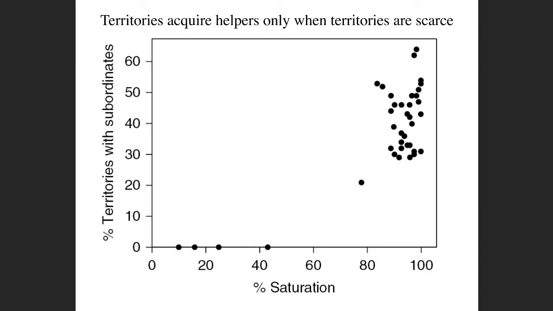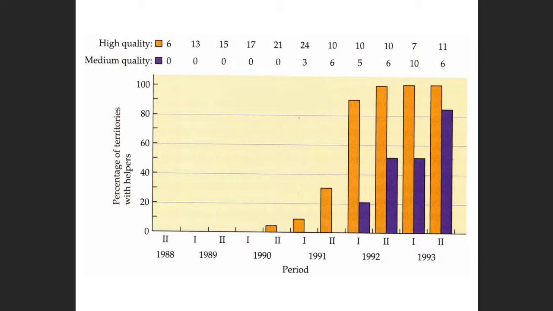In other words, is it just a simple rule that if there's no territories available, you help, and if there's free territories, then you don't? Or are they behaving adaptively? And actually, it turns out that they're behaving adaptively, because this question of whether or not to help varies with habitat quality. And so what happened when the Seychelles warblers were introduced to a new island is,